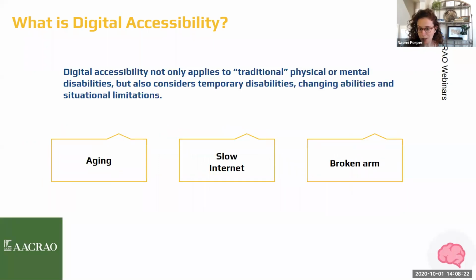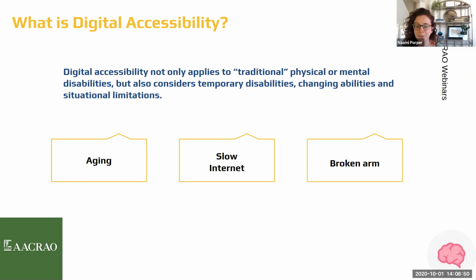Another reason why should I care about digital accessibility is that we really see it as the right thing to do, and it's an equity issue. And particularly when thinking about the web, which is all about providing access to as many people as possible. And as institutions of higher learning, it is really critical that universities adapt and remove barriers that keep individuals of all ability levels from gaining access. So that's a little bit of the why